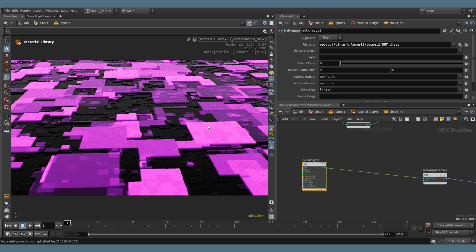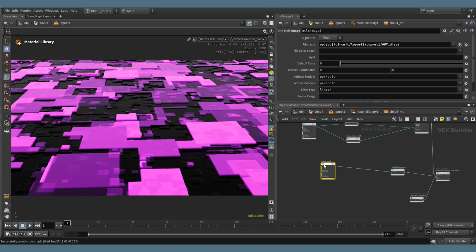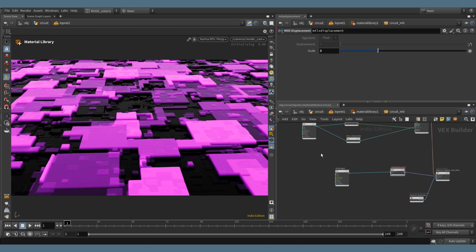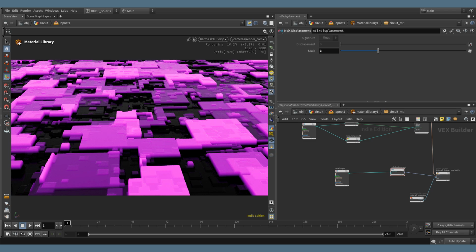And if you remember what I said earlier, the displacement that's happening here doesn't quite match what we had in the Vulkan viewport. So I'm just going to up the scale a little bit to get something that looks a little bit better. I think for this one, I'm just going to do 3. You can do whatever you want. And also the quality may not look super great with the displacement, and that's just because if you remember earlier, we set the dicing quality to 0.5